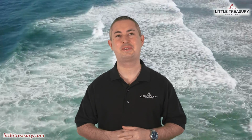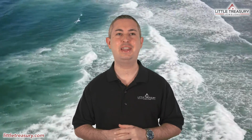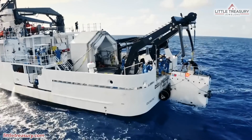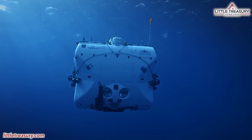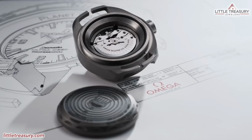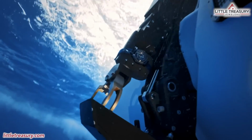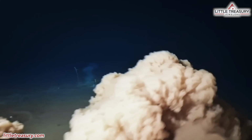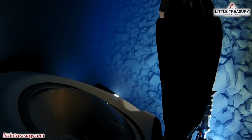Have you ever stared at your dive watch and just thought that maybe 300 meters just isn't enough, and perhaps been saddened that it just can't go any deeper? Well, in 2019, the 5 Deeps expedition team worked with Omega to create a timepiece that could literally go to the deepest place on Earth and still function. And then they actually strapped it to the arm on a submarine and took it into the deepest place on